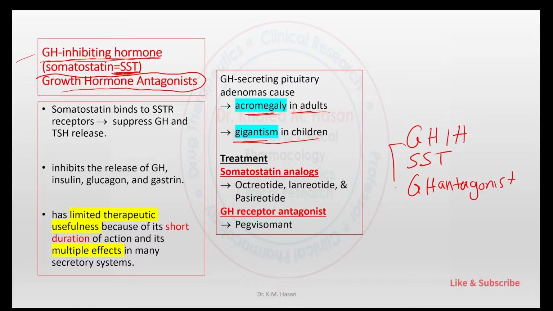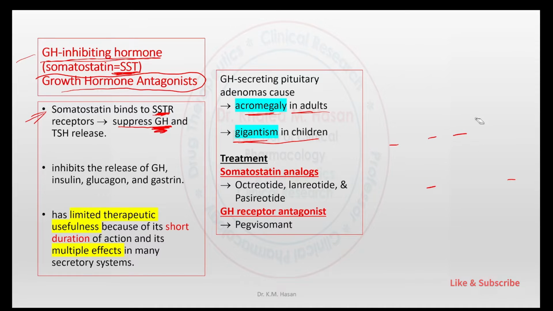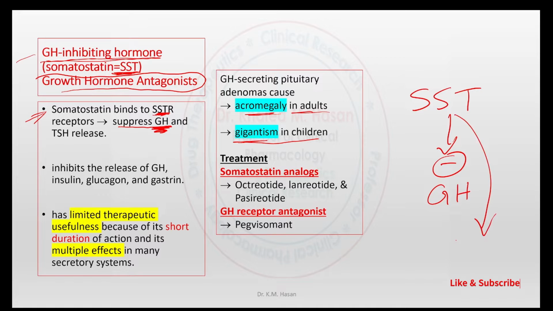So we have several names for this one: growth hormone inhibitory hormone, somatostatin, growth hormone antagonist. The issue here, they found that somatostatin binds to the somatostatin receptor, SSTR, and mainly suppresses growth hormone. This medication suppresses growth hormone mainly, as you can see here. The main effect of SST is to suppress growth hormone, and we have another effect to suppress